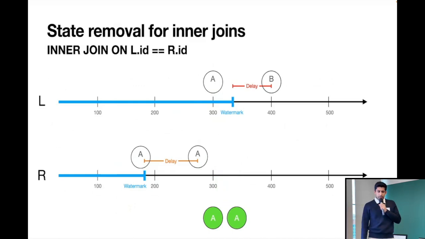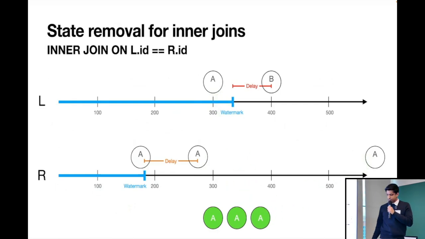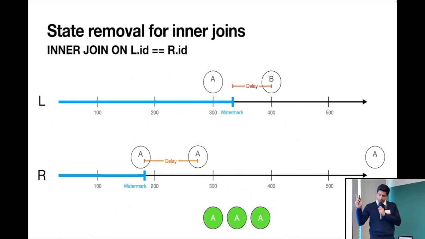And so you think to yourself, when can I evict some of these records? This is just getting out of hand. And the truth is that you could receive a record at the end of time itself, and you would still need to perform that join because the IDs are the same. Our job implementing a streaming engine is to satisfy the condition. So what's the issue here? Well, the issue is that this A at the top can join with any A on the right. This A on the left can join with any A on the right.